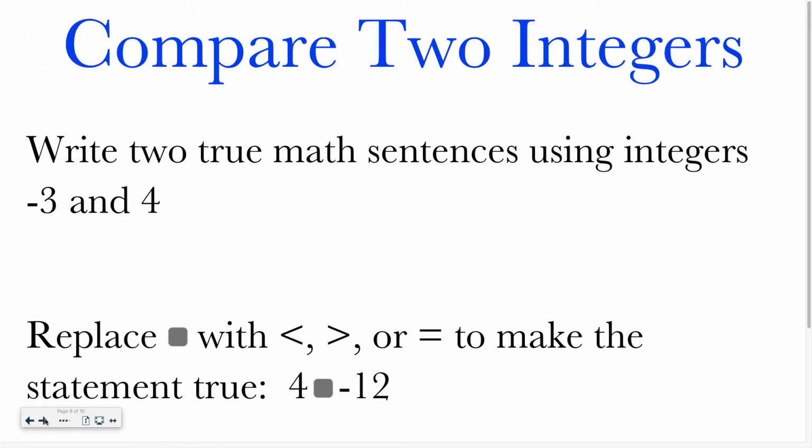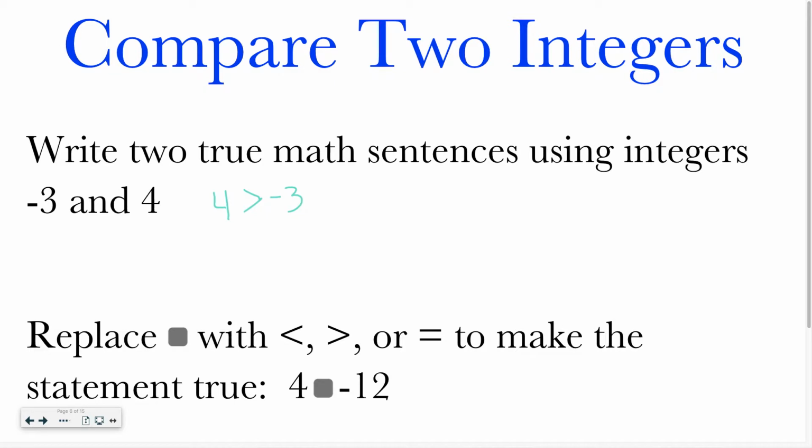Now what if I asked you to compare two integers? We want to write two true math sentences using integers -3 and +4. So I'm going to look and see, okay, I have a -3, +4. Which one is bigger, -3 or +4? +4 is bigger. So I could write 4 is greater than -3,